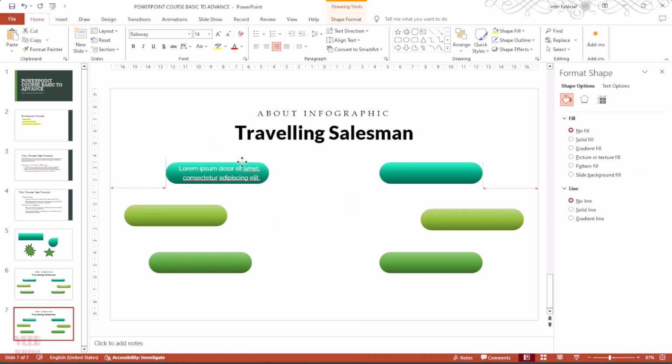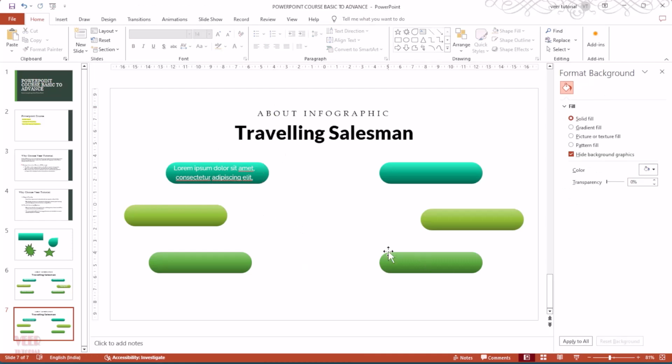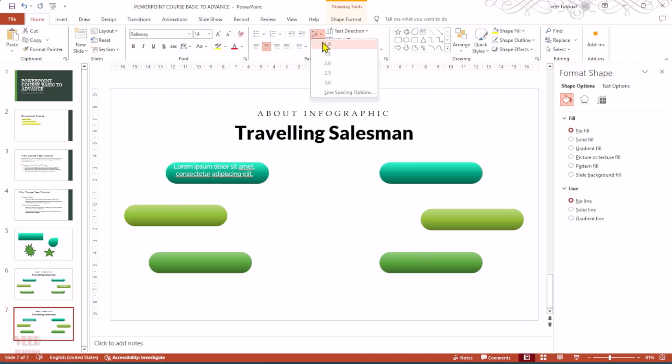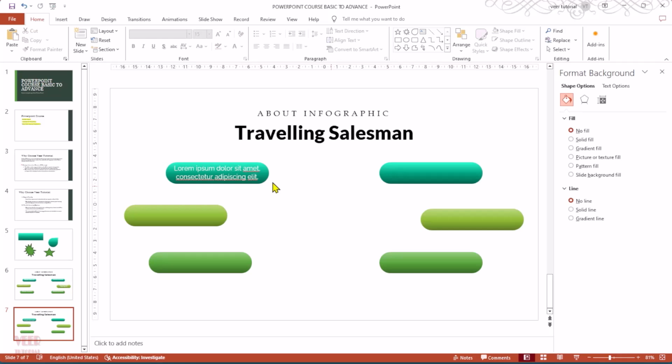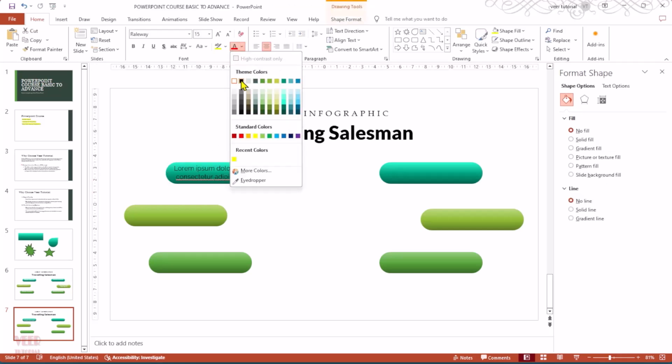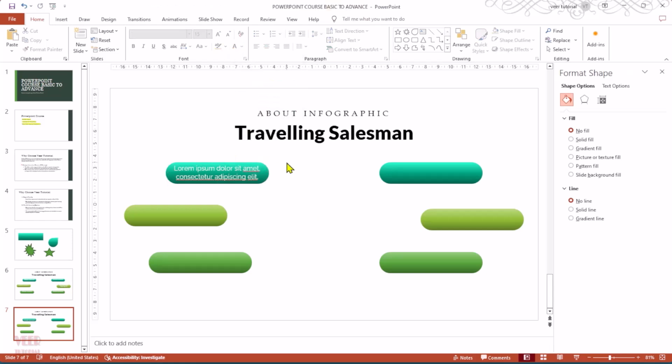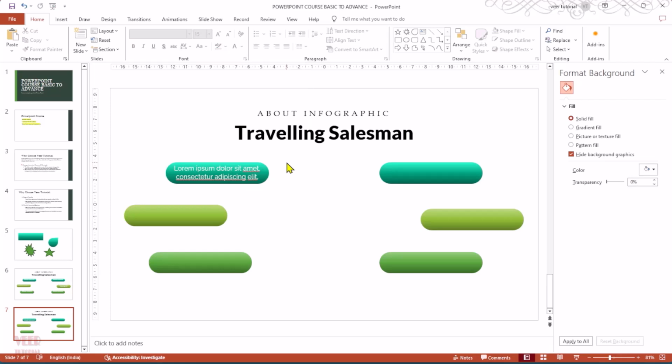So now you have freedom to change your text. Select this one, remove some space, line space, and it looks quite good. I need to change the font color to black. I think white is quite good. And this way also you can